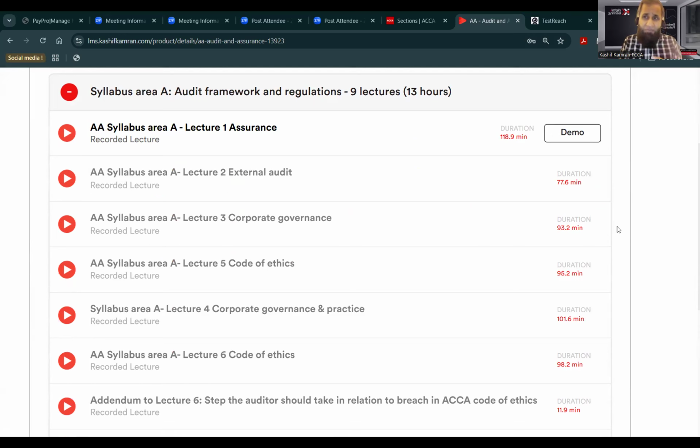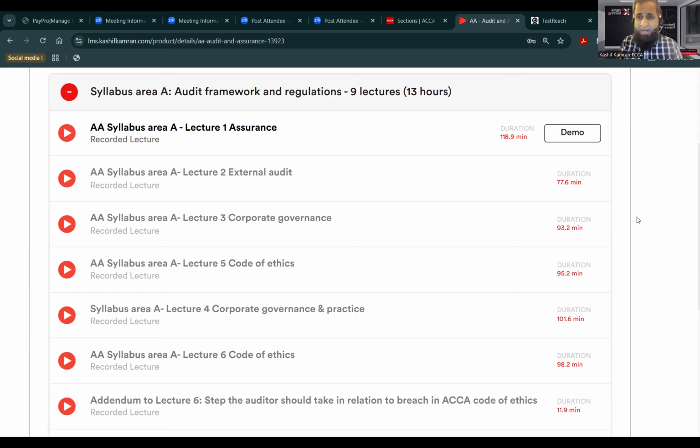Now, in every lecture, you will see that I will be using my presentation because I love doing lectures with presentation. So I will be using my presentation in my lectures on the screen, and I will be writing something on the Word file. So during the lecture, whatever I'm writing, I'm not writing in the handwriting, but I'm typing on the Word file. So that becomes the notes. So any extra thing I write during the lecture is in the Word file, which I refer as a support file. So during the lecture, there will be two things. One is a presentation, one is a support file, what I'm writing on the screen.